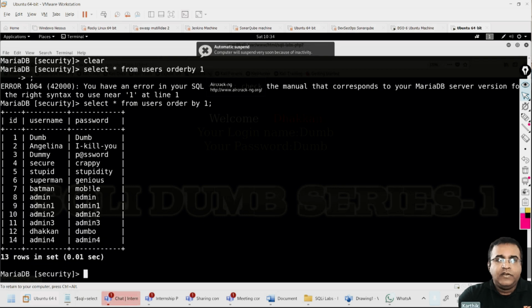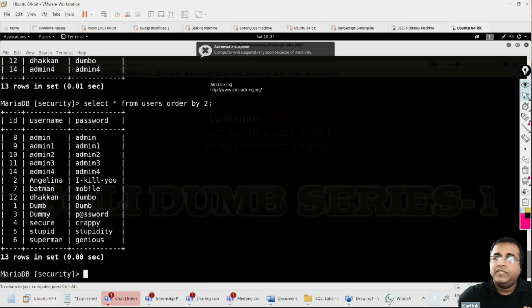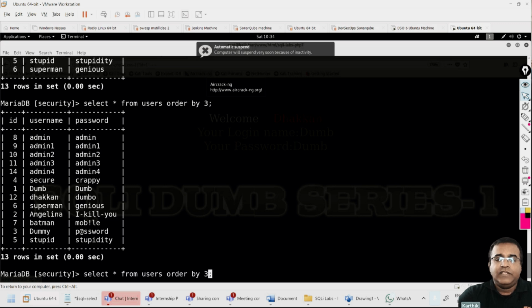Right now you can see the ID is going to be ordered on. If I give order by 2, based on the username the table gets sorted. And now if I give 3, it is going to be ordered based on the password. Now if I give 4, what is going to happen?